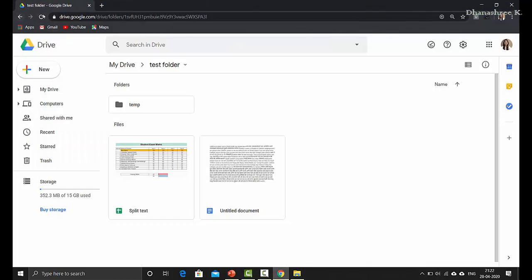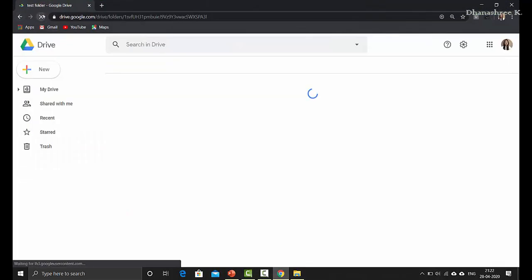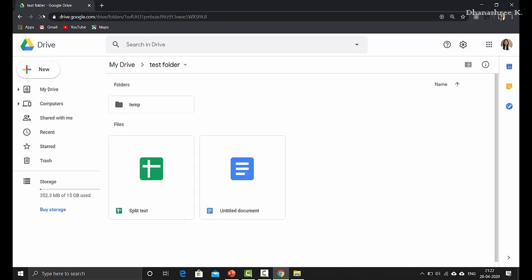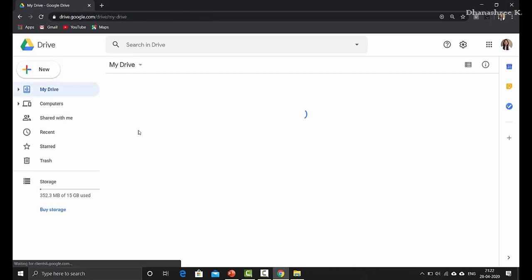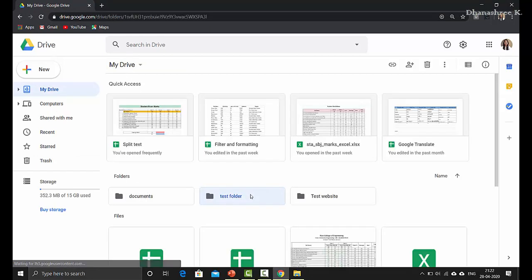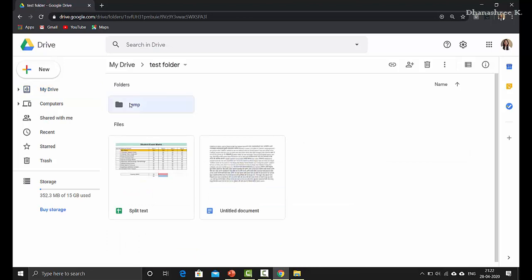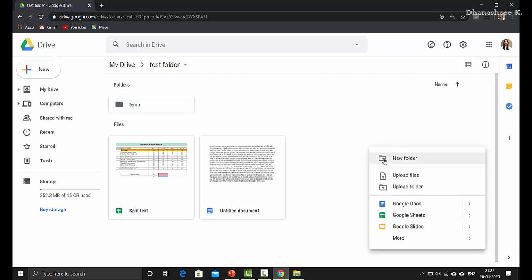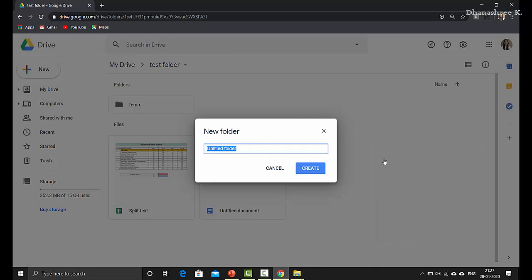So if I come to my drive and refresh my page, then inside test folder you can see temporary folder. So whatever changes you are doing on your PC will get reflected on your drive. Similarly, if I add new folder or new document here,